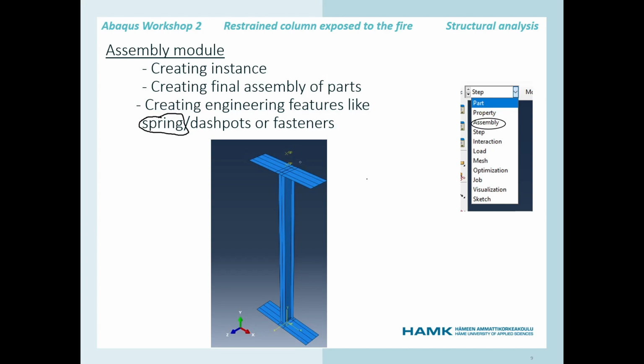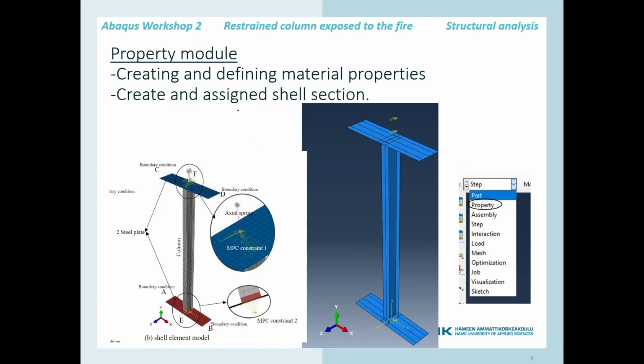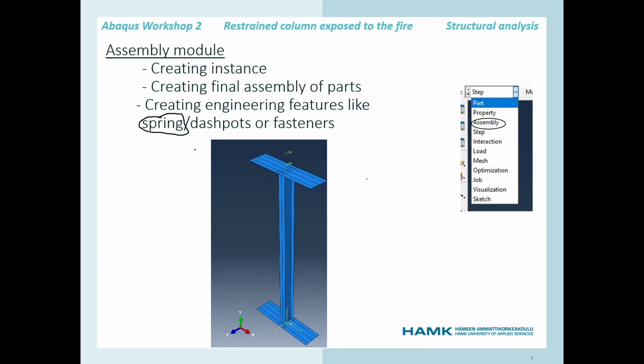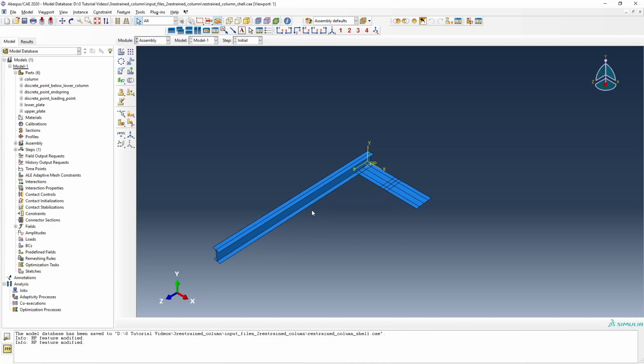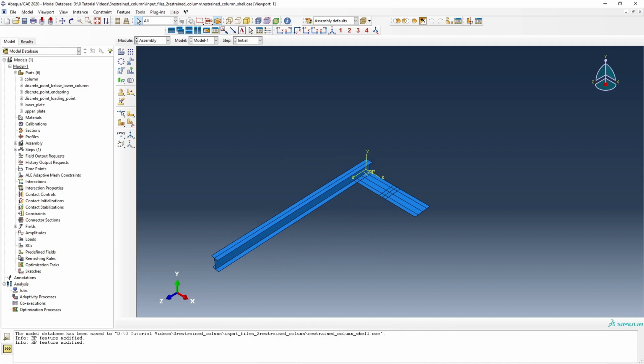So first let me make the assembly of this part, and then we will go back to the property model, and then come again back and then assign the spring in the assembly model. Okay, so to the Abaqus, and now let's organize this assembly. And now, in order to have that kind of orientation, we need to rotate